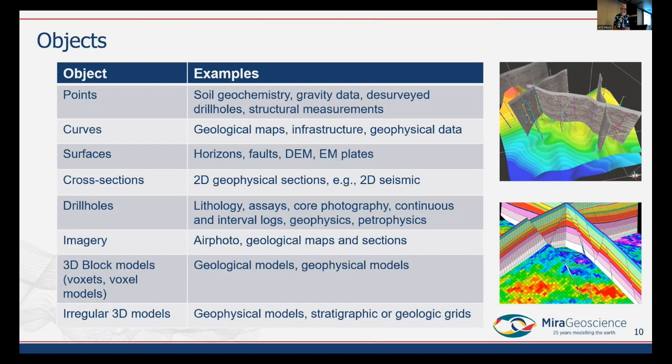And the image at bottom right there shows an example of a faulted stratigraphic grid. And this is a particular type of data structure. This data sitting in this grid, it would know that this unit here on this side of the fault was the same as this one on the other side of the fault. It understands topology.